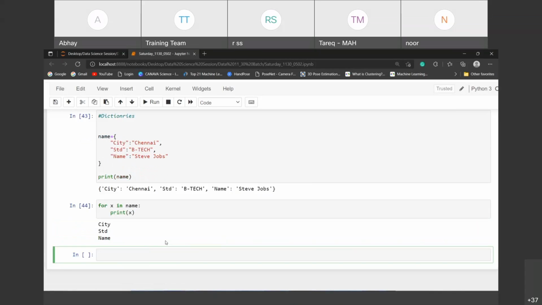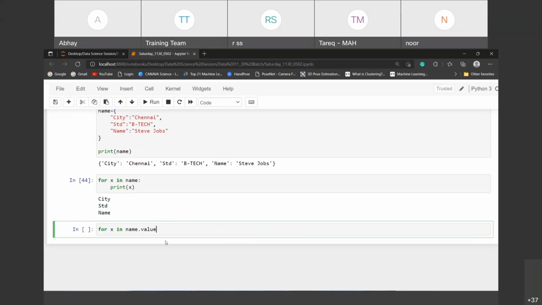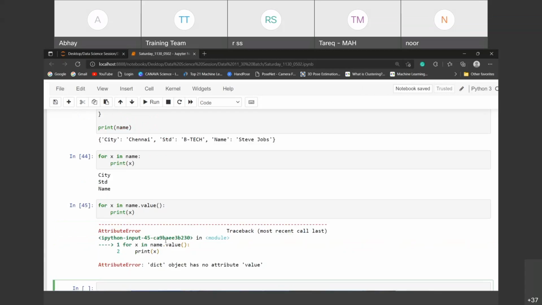Only keys it will take. If you want to take up values, what do you have to do? No, you can take the numbers as well. Wait, I will show you. Name dot values is a function you have to call. The colon is there, and into the print you have to pass x here and print, and we got an error.